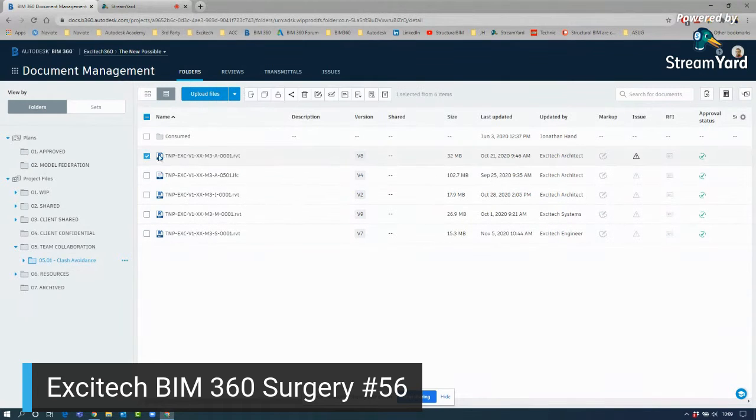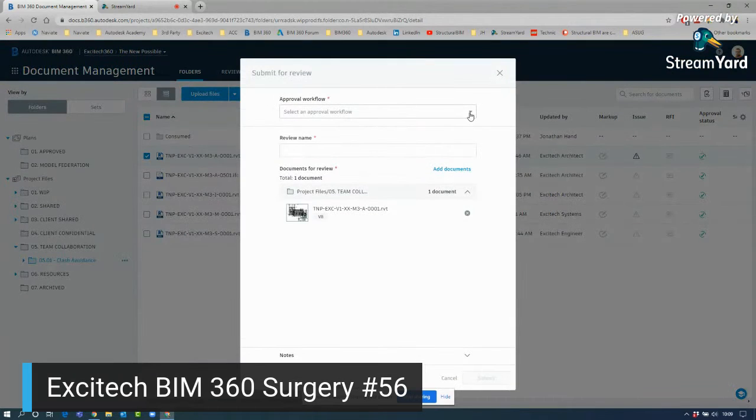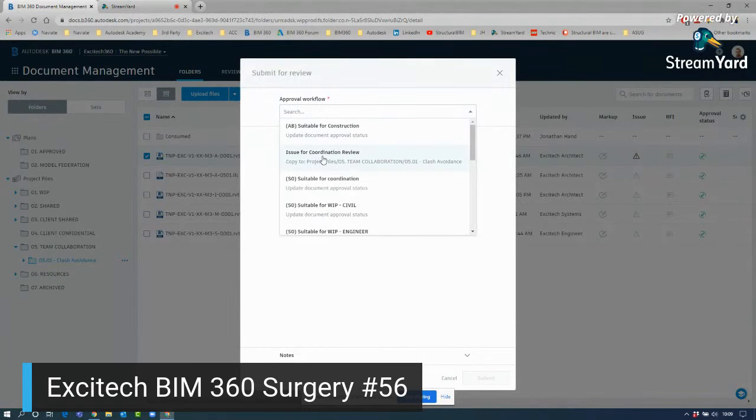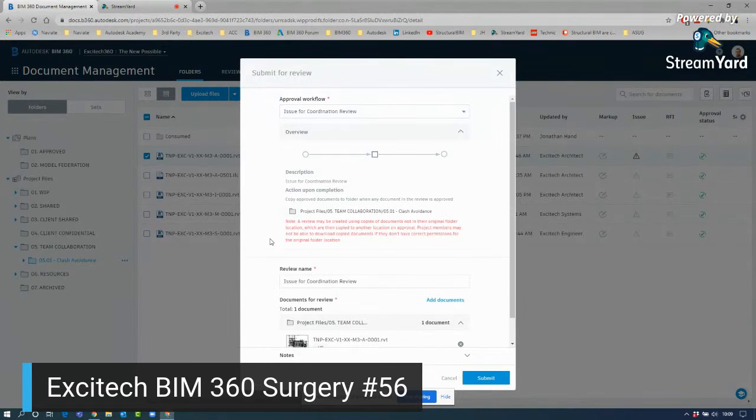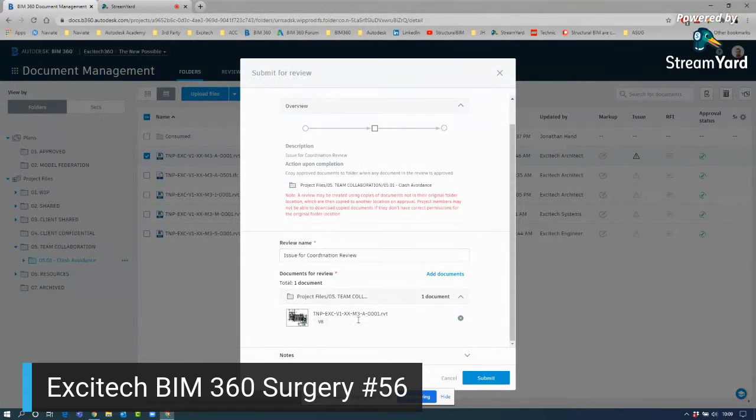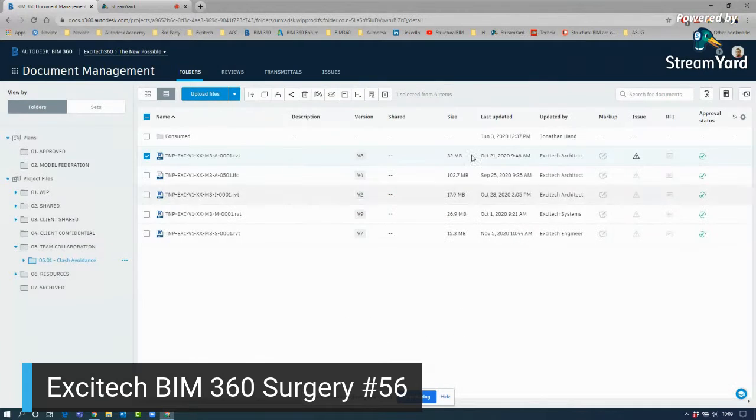So if we look at taking a document, you will see that one of the review workflows is issue for coordination review. And under this new setup and context, technically, I don't need to do that, because as part of the sharing and publishing and consuming process within design, the models are already sitting within that environment and then can be used